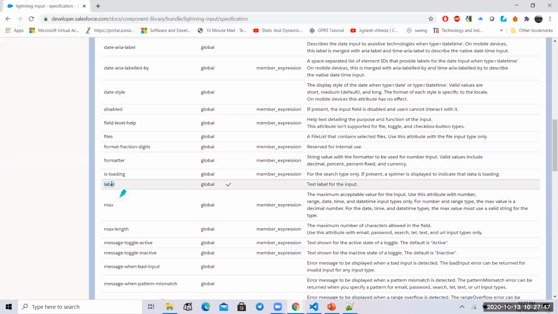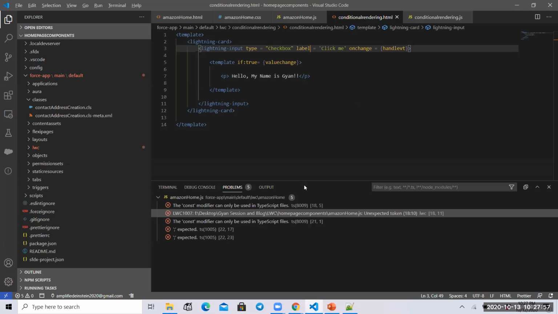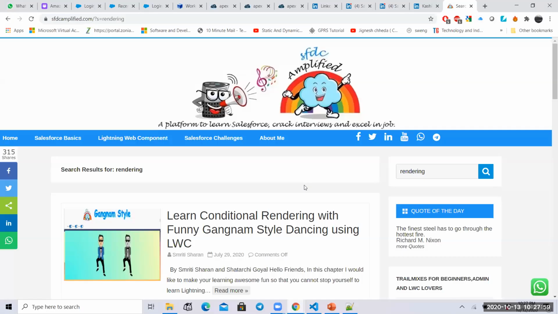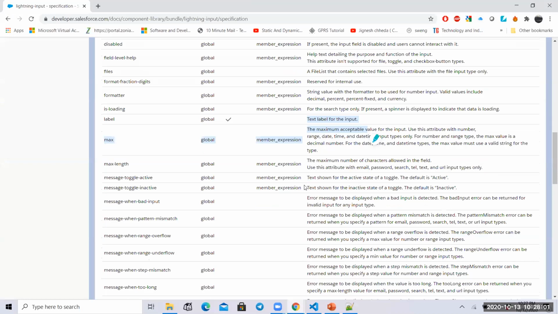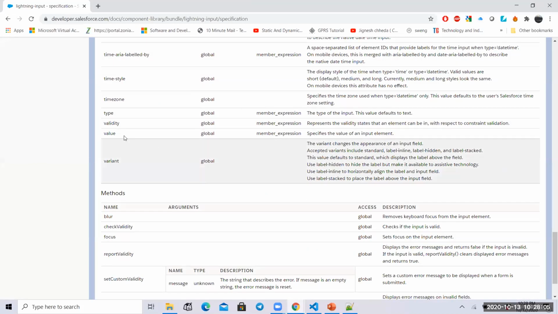Yeah, label, it's there. It means that you can use label. Text label for the input. And value, sorry, label, I think you asked for value, right? Check value. Control F. Here it is. So you can use value as well. It specifies the value of an input element.